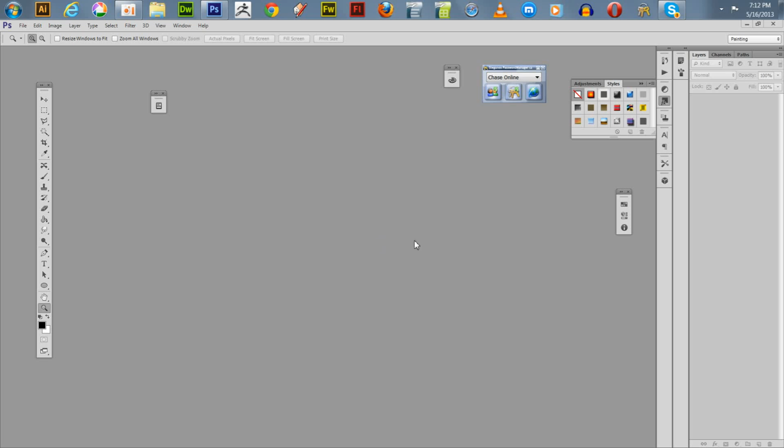And what I'm going to do today is show you how to use layer comps in Adobe Photoshop CS6 Extended. Actually, the layer comps feature has been in Photoshop since I believe CS4, or maybe it was introduced in CS3. But anyway, you don't hear much about it, and I haven't seen a lot of tutorials done on it. So here today I'm going to introduce it to you and show you how you can use it to do